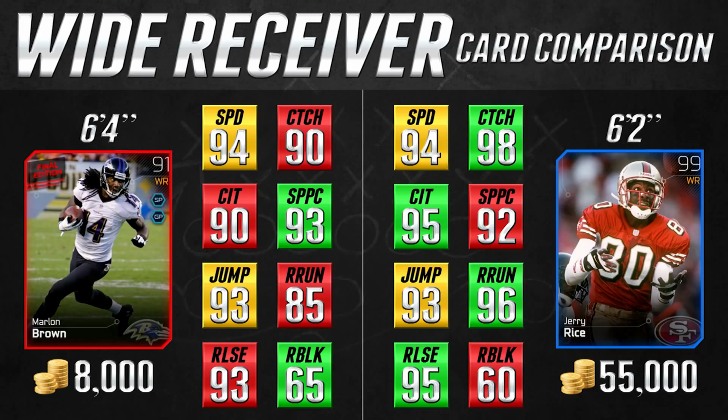So there aren't very many corners, or maybe not any corners in this game, that are going to be able to out-jump Marlon Brown for a ball. So that's always good to have, and that's why I like this Marlon Brown card. At 8,000 coins, it is about 1/7 the price of Jerry Rice. And although that still makes him the most expensive budget card that we're putting in today's video, he is definitely